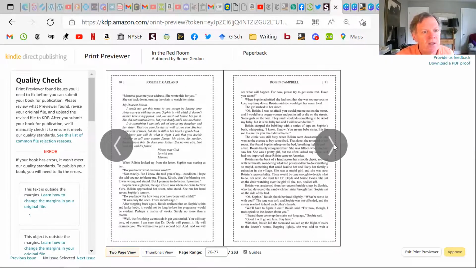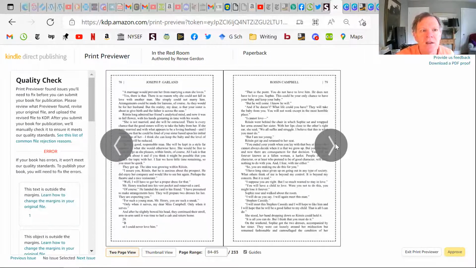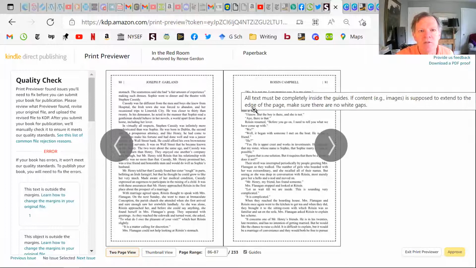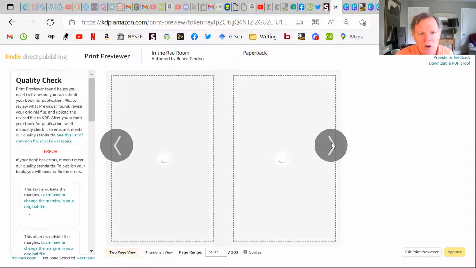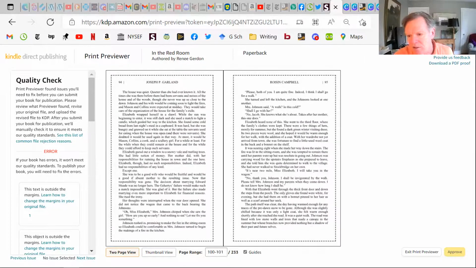Okay, so now I'm looking at it, and this is what it will look like. For example, this may be bigger than I want, this being the space between the header and the first line of text. Okay, fine. I make a note of the problems I see. You don't hit this approve button. Unlike the ebook, you have to hit approve to go to the next step. What I would simply do is say, okay, this is a preview,